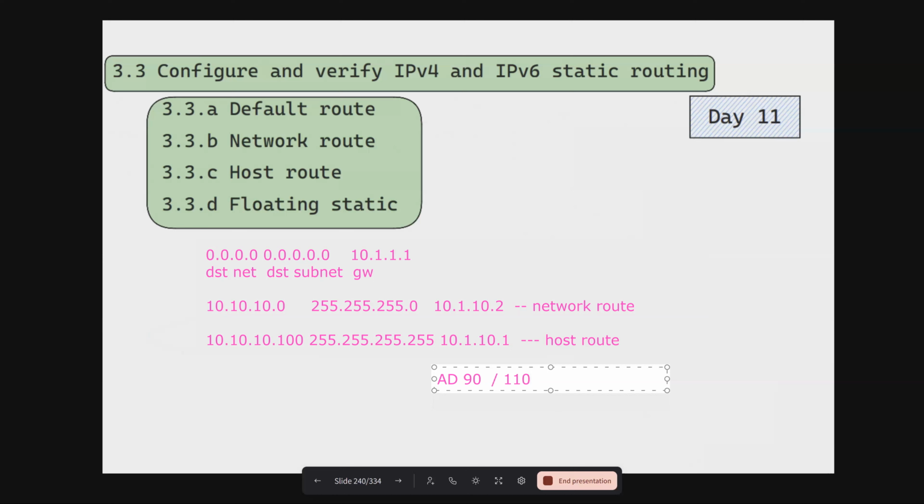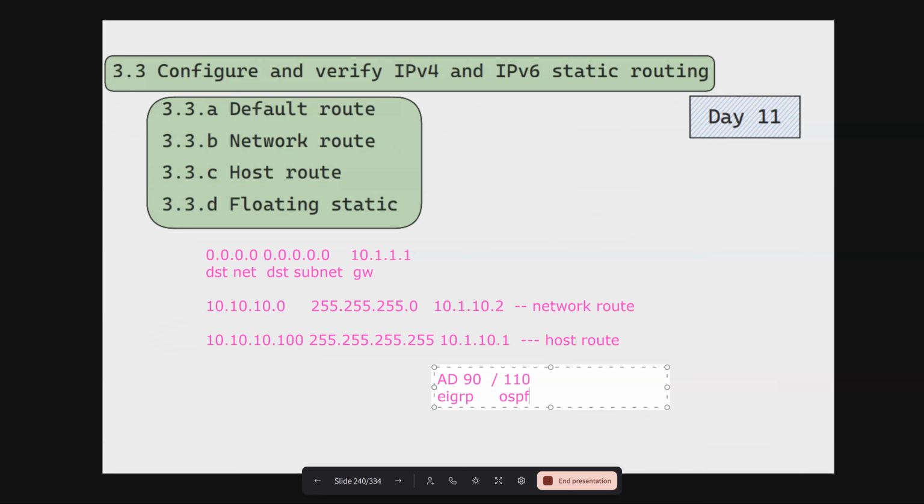We have discussed that a lower AD value has higher trust. EIGRP has an AD value of 90 and OSPF has an AD value of 110. So if you are learning the same network via EIGRP and via OSPF, you will prefer EIGRP